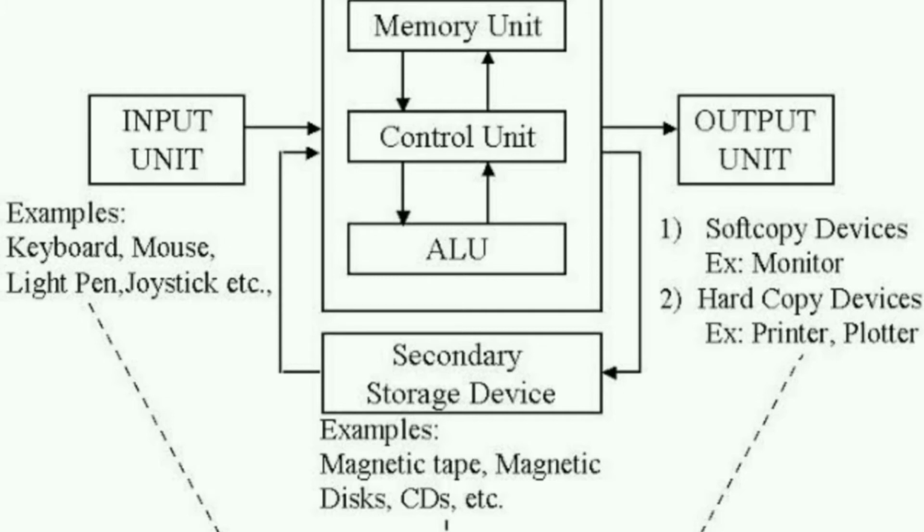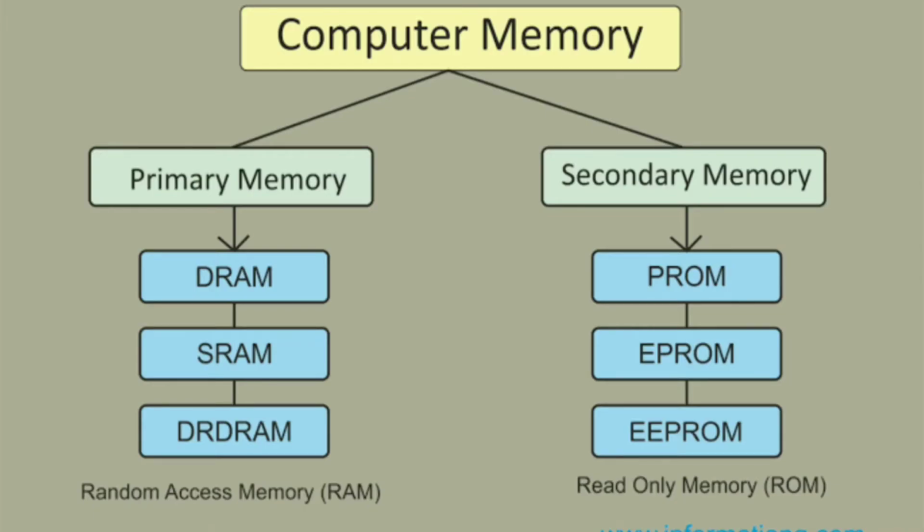So the arithmetic logical unit, ALU, stands for all arithmetical and logical calculations, and the control unit is responsible for controlling all the activities happening in the computer, and the memory unit is responsible for saving all the files in one particular place. It may be primary memory or secondary memory. Okay, so we'll discuss the two types of memory. One is primary memory, the other one is secondary memory.